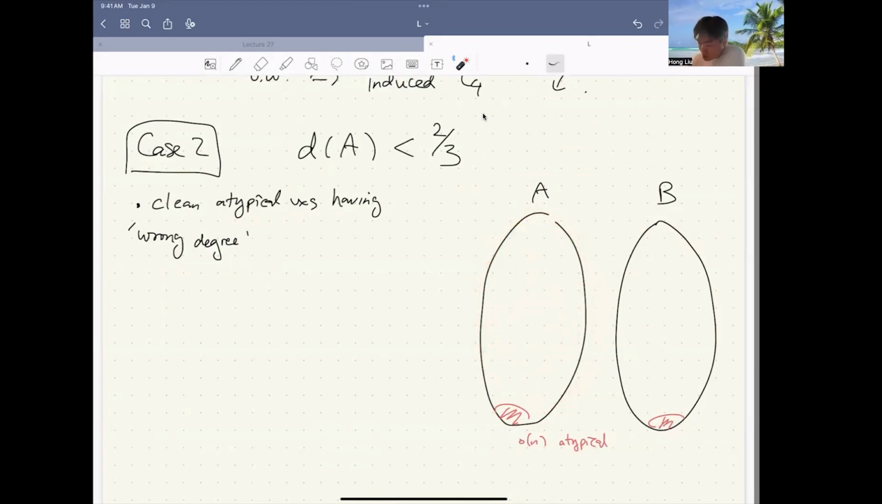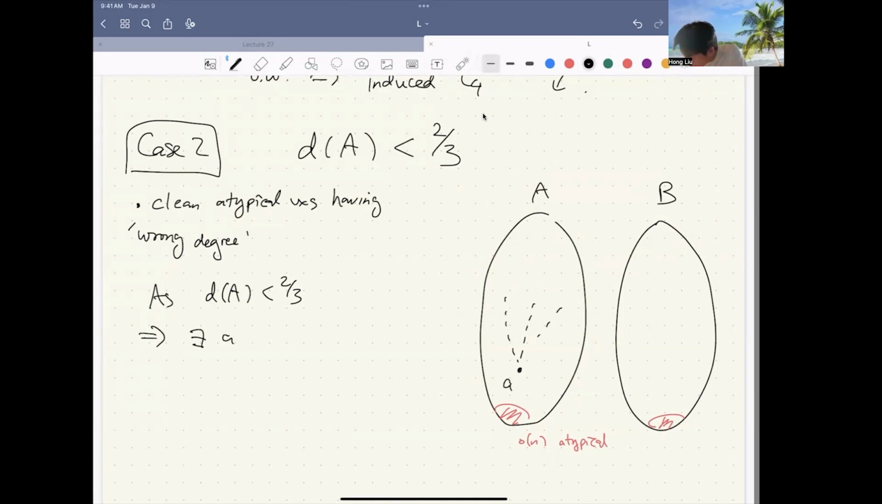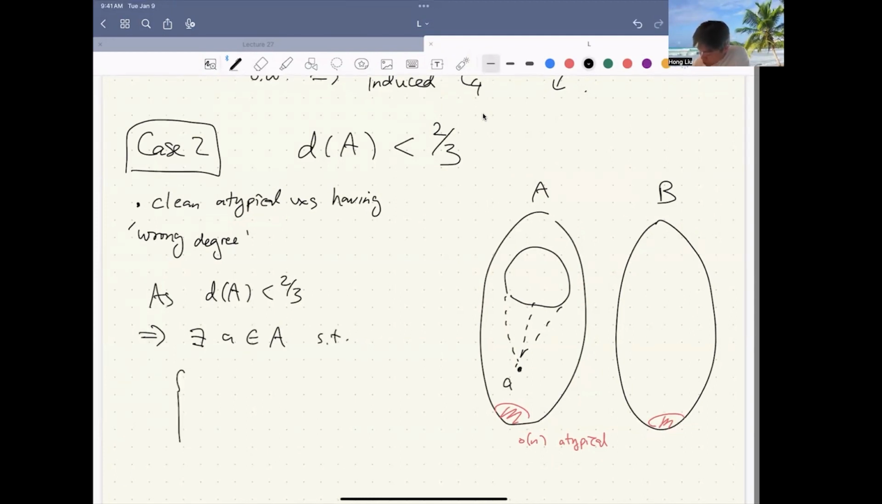So as d_A is less than 2/3, there exists a vertex a in A, which is a typical vertex. So what does it mean? That means